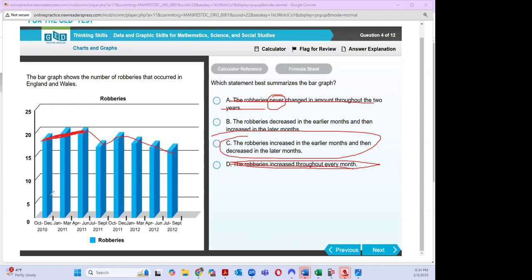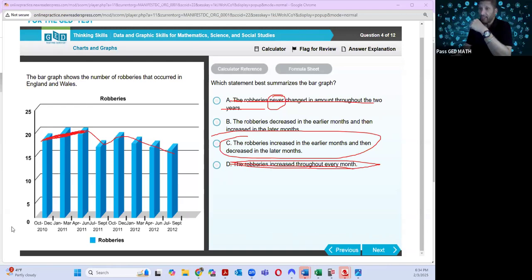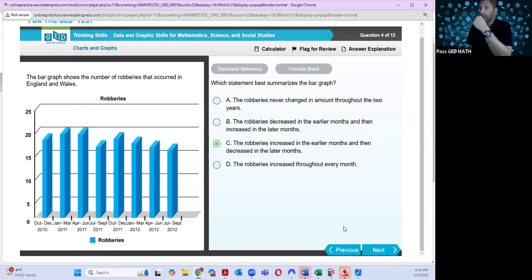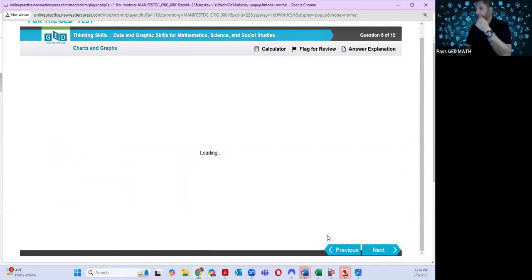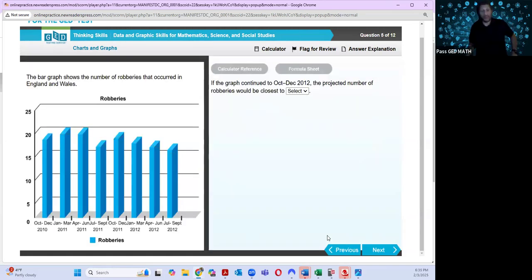So I want you to get in the habit of looking at the title, looking at the information given, and then getting that question and moving on. If you're not sure, flag it for review, come back to it. But on these questions, like a site like this or 411, you've got to time yourself. While you're home, you can take this test as many times as you want. But what you want to do is start putting your mind in the same space that you would be in